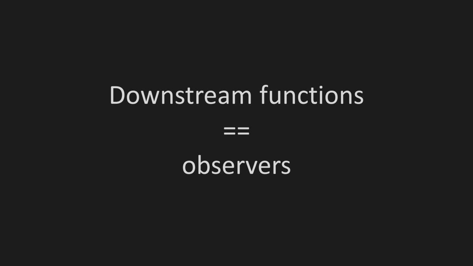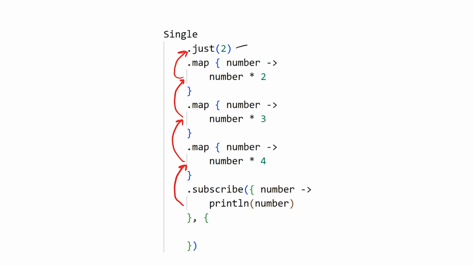Now let's switch gears to the observer flow. Observer flows work just like any regular code, so that means from top to bottom. The simplest explanation I can give is that observers are really just any function downstream from you. They observe what was given to them from a previous step whenever their turn arrives. So in this case, this map function observes what was given to it from a previous function, and this map function does the same thing, all the way down to the subscribe function.